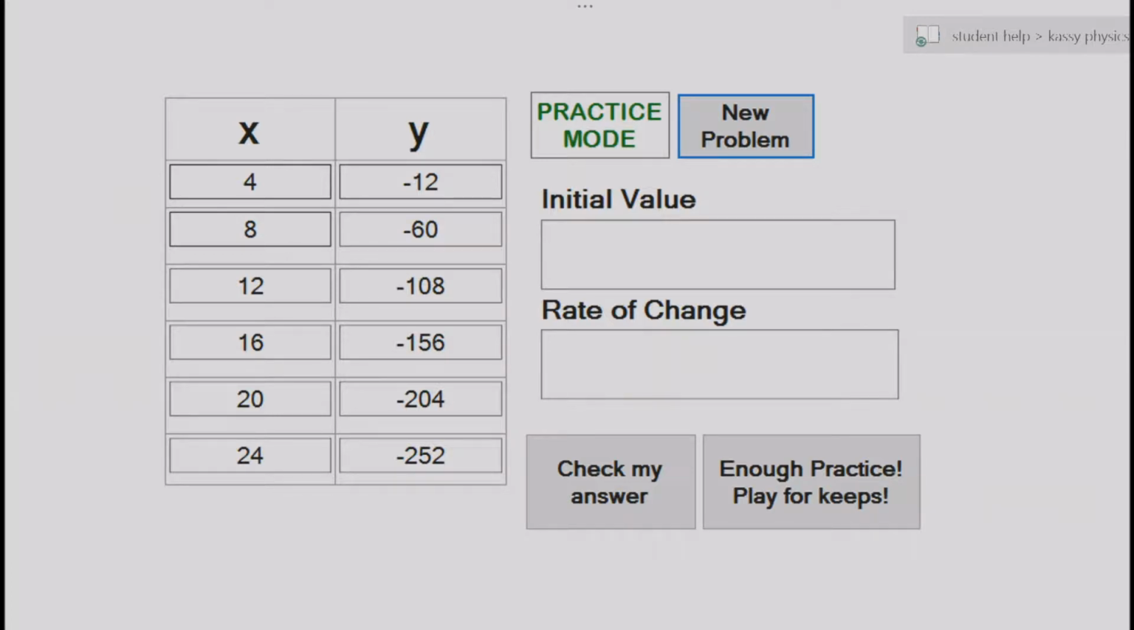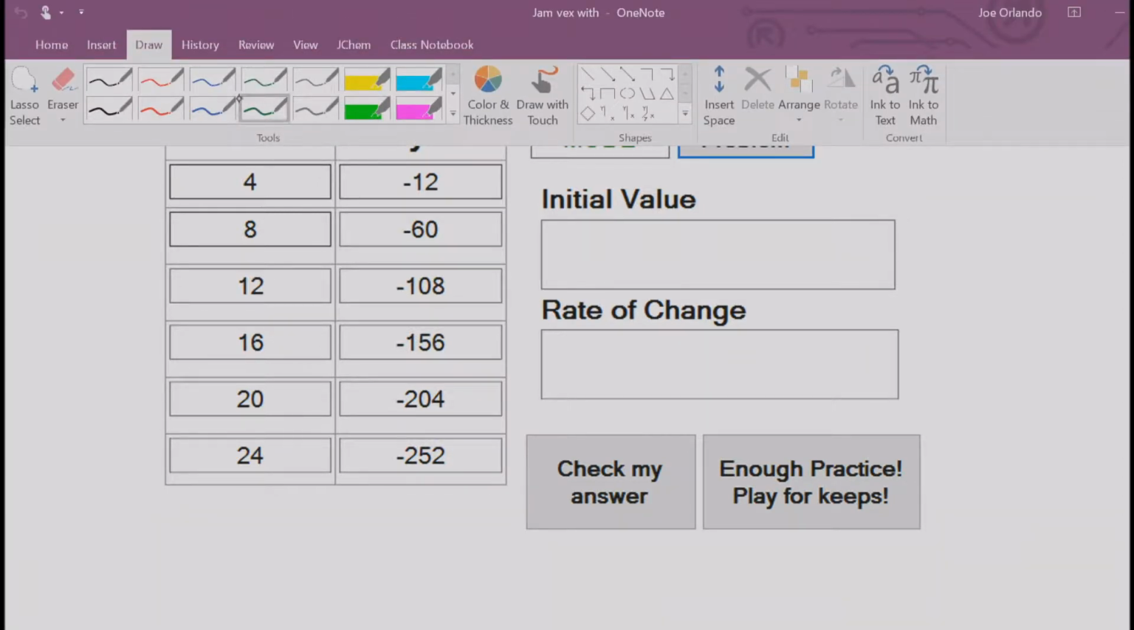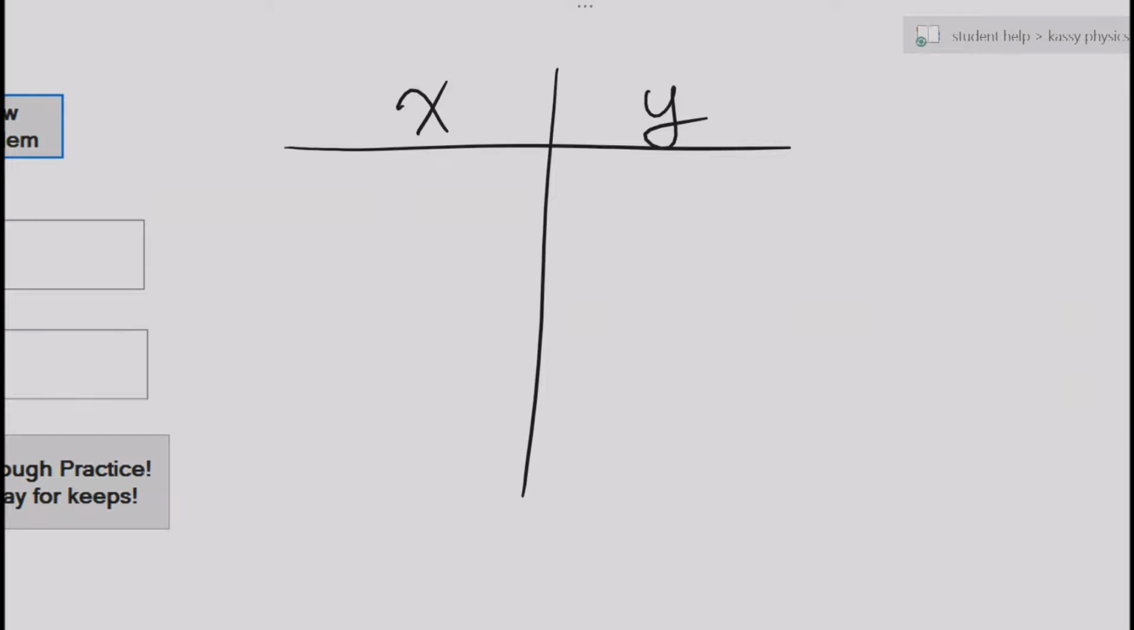So for a question like this, you're being asked to find the initial value and the rate of change. Now, in a table of values that gave you nice numbers, and maybe you're lucky enough that yours did. Some of them do, some of them don't for this question. But if we had